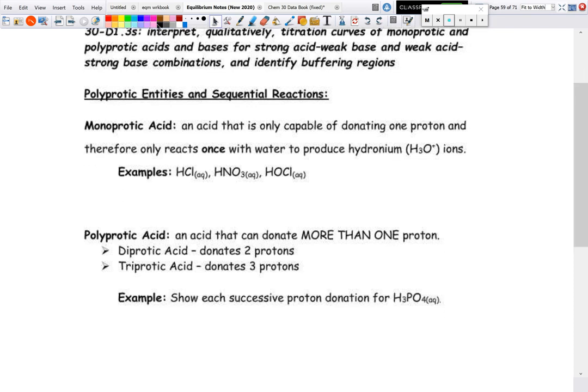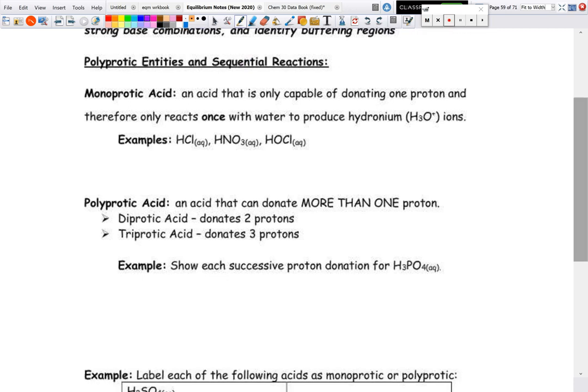So first thing, let's look at our first little bit of definition stuff, and that is polyprotic entities. What we have is something called monoprotic. Just remember, mono means one, protic meaning proton. So a monoprotic acid is an acid that is only capable of donating one proton and one proton only. So therefore it can only react with water once to produce hydronium. All of our monoprotic acids only have one acidic hydrogen on the left, or one